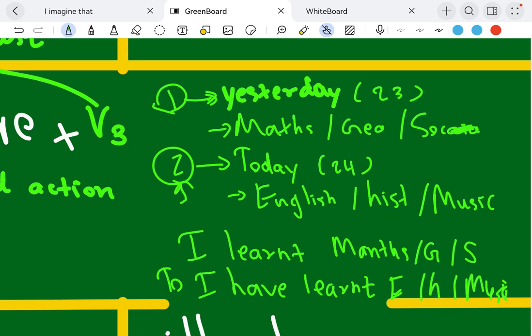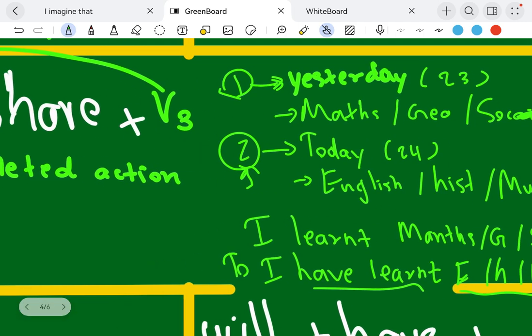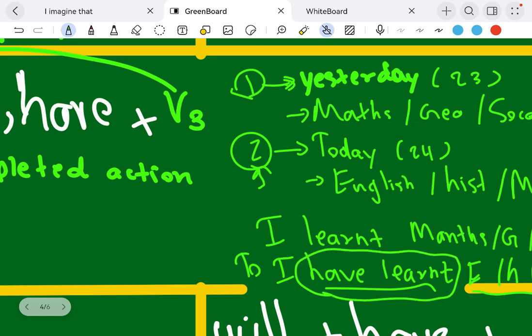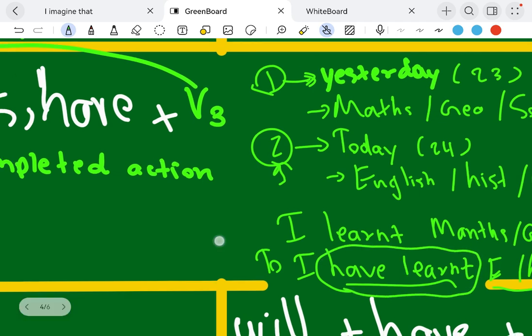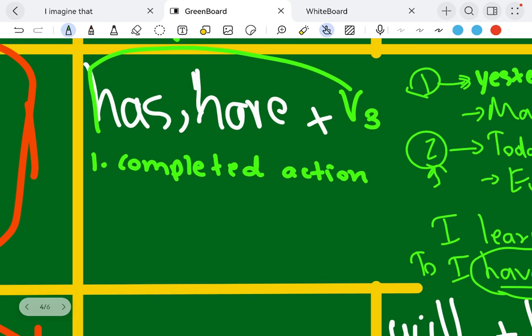So your focus is that you have learned these subjects today, and the time is not very far from the present moment. The action is already completed. You already learned it. You're not learning it anymore. It's a completed action. That's the first usage. Next, we also use it to talk about the things that we have been doing since